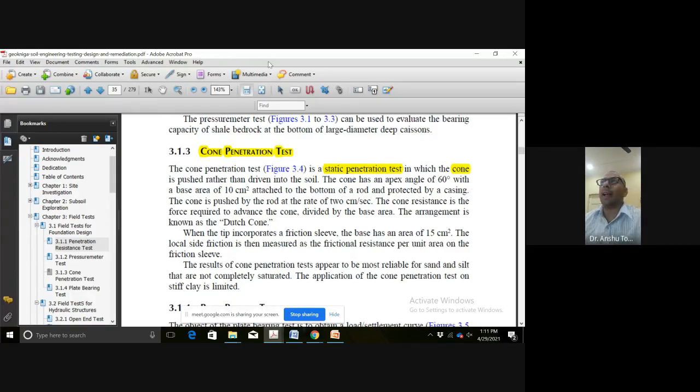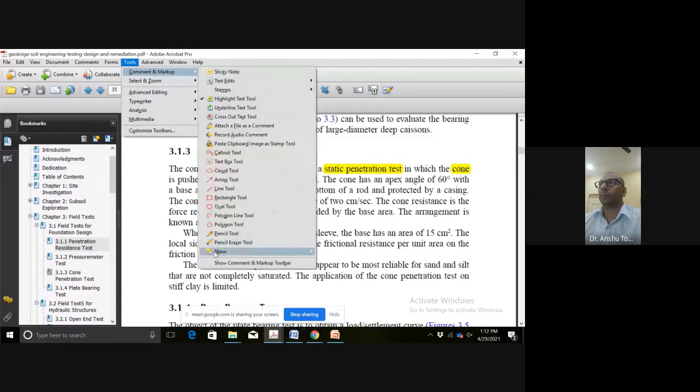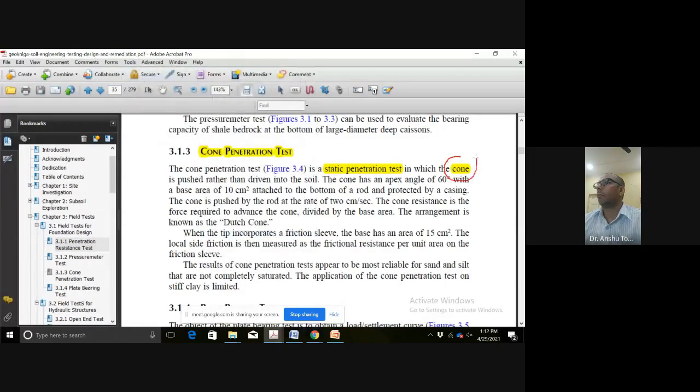Now this cone is actually of, rather I should not say it is of two types. The method of cone penetration test is of two types, that is static and dynamic. But as far as static is concerned, the instrument used can vary, of 2 to 3 types. But in the dynamic test, the instrument used is of one type because we cannot take chances, and in dynamic loading it is very easy for an instrument to fail.